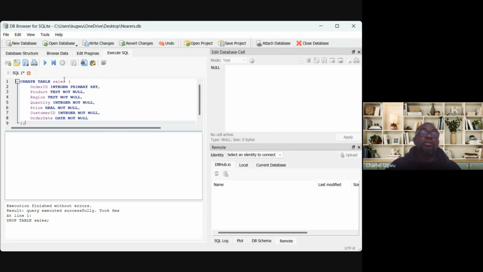We can equally create it manually. We did manual creation last time. But as data analysts, we are not going to have the opportunity to create it manually. So you run here. You see here, I've created it, and then we need to verify